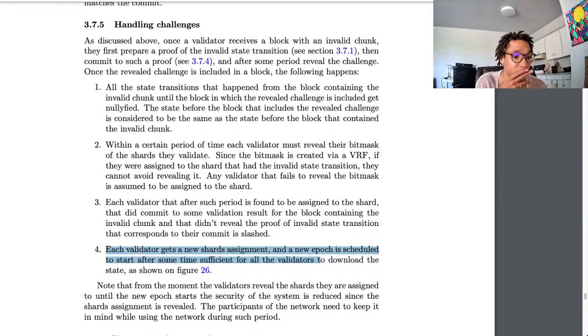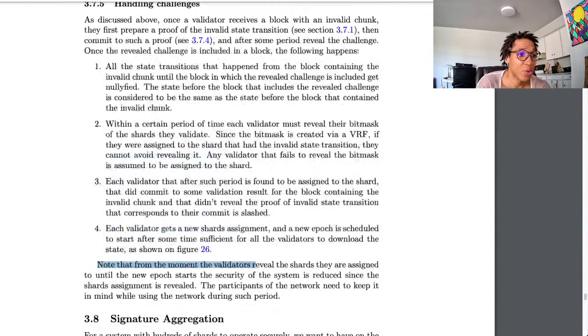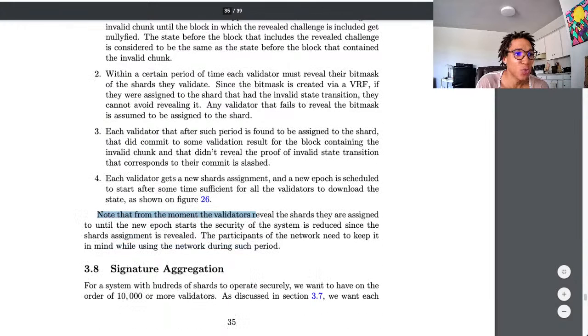That's all right. As shown in Figure 26. Note that from the moment the validators reveal the shards they are assigned to until the new epoch starts, the security of the system is reduced since the shards assignment is revealed. Okay. Okay, let me look at that again. So when there's a challenge, from the moment the validators reveal the shards they're assigned to until the new epoch starts,